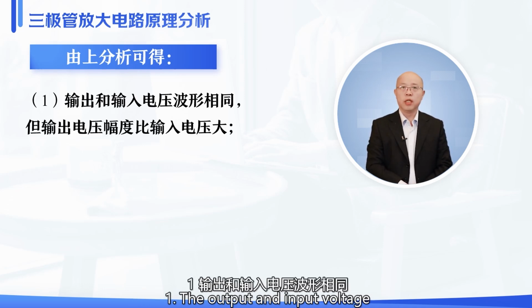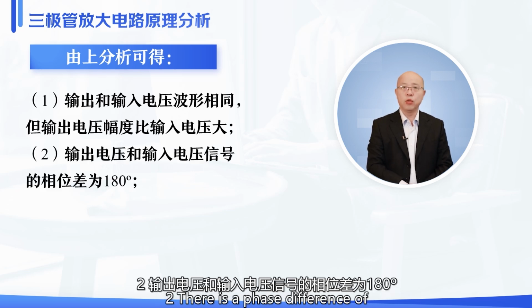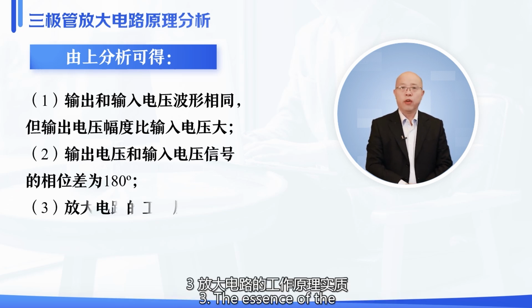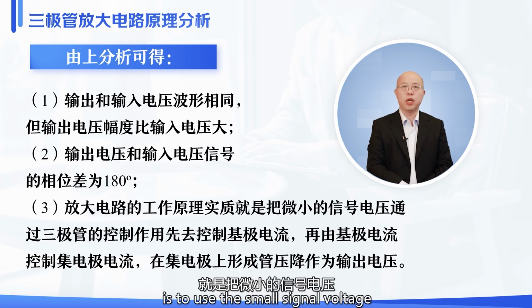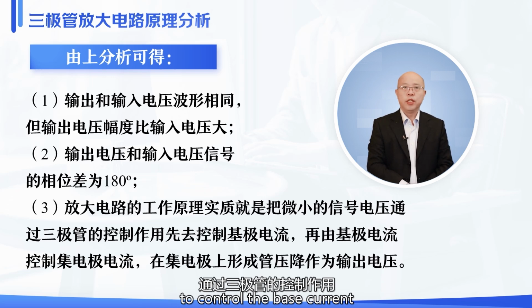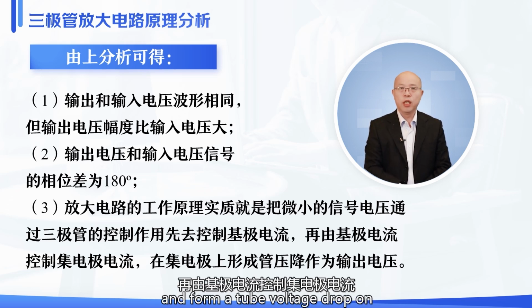The output and input waveforms are the same, but the output voltage amplitude is greater than the input voltage. 2. There is a phase difference between the output and input voltage signals. 3. The essence of the working principle of the amplifier circuit is to use the small signal voltage to control the base current through the control action of the transistor, then control the collector current by the base current, and form a voltage drop on the collector as the